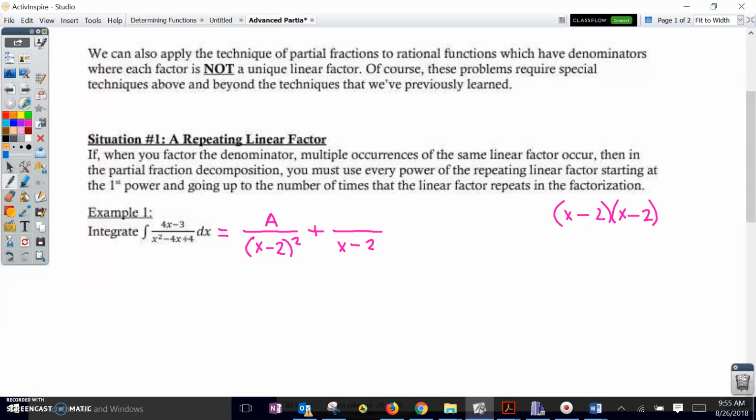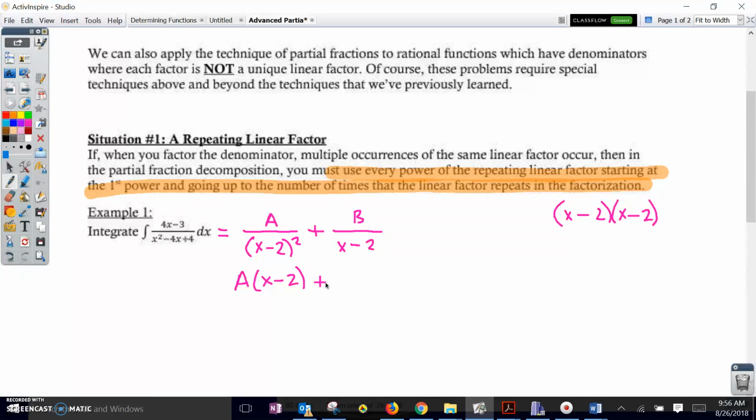We're going to use every power of the repeating linear factor, starting at the first and going up to the number of times that it repeats. So this one repeated twice, so we've got that factor raised to the first, and we've got it raised to the second. Alright, then multiplying these out, we have A times x minus 2